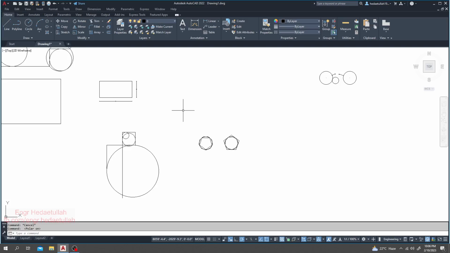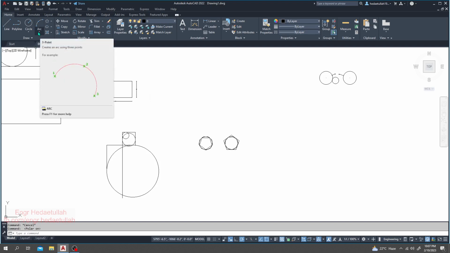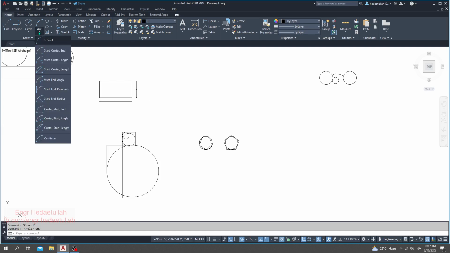Now we'll learn about arc. To draw an arc, we will use this option here. There is an option named arc. I'll click here and there are many options, and one by one we learn about them